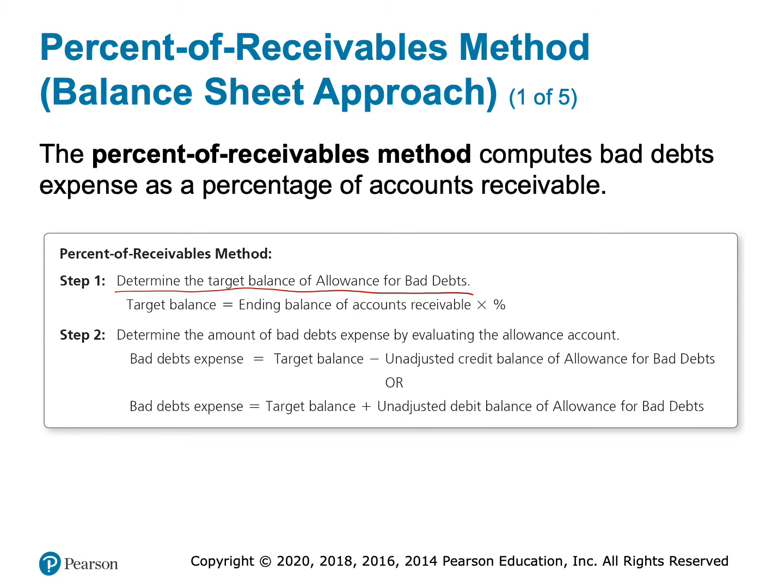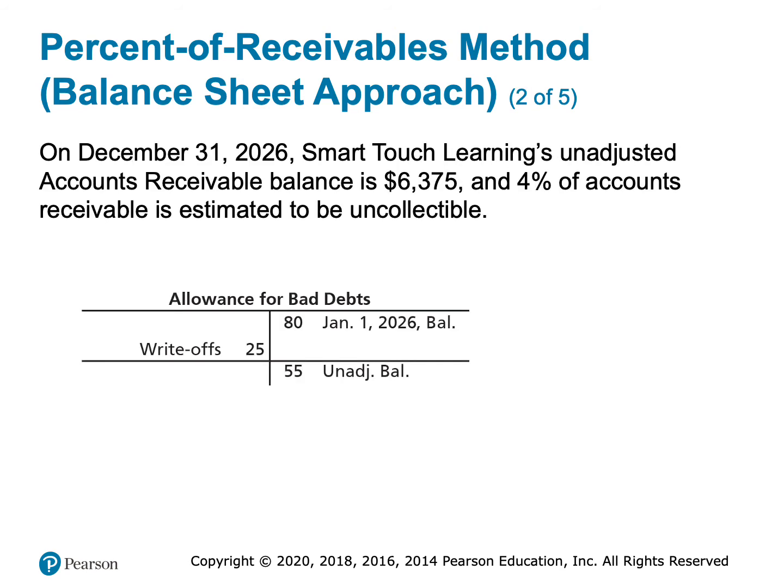So let's walk through an example, and I think that will make it easier to understand. So we know that allowance for bad debt coming into this year has a credit balance of $55. We also know, if we remember, that accounts receivable has a balance of $6,375. We're told that we estimate, based on past history and current state of the economy and things like that, that bad debts would be 4% of 6375. So if I multiply 6375 by 0.04, I get, when I do my math,